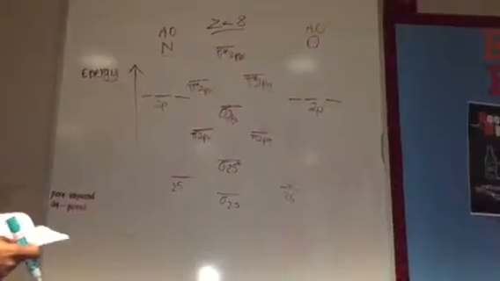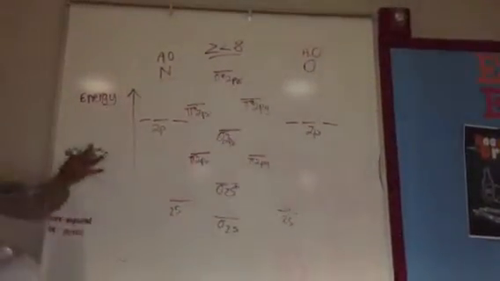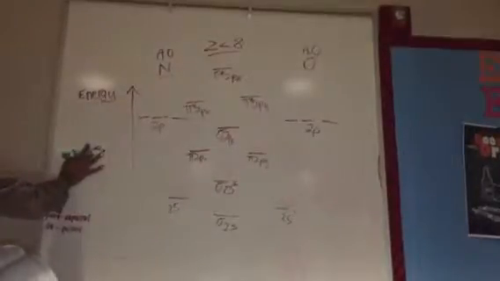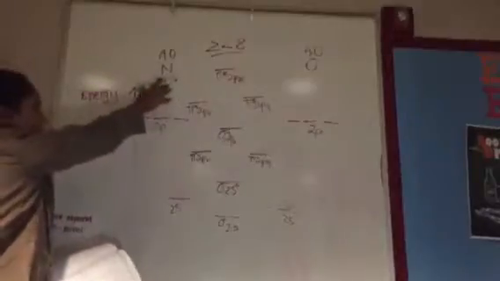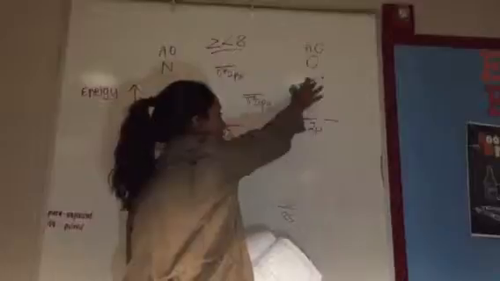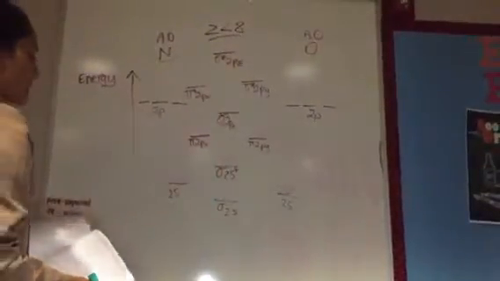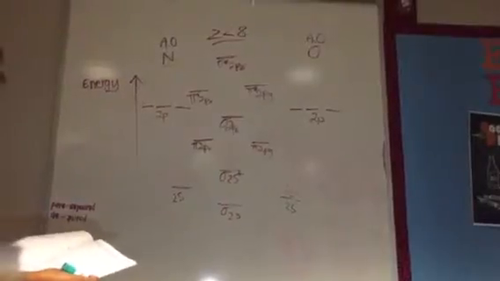So, as you can see, this is our molecular orbital diagram. To the left, we have an arrow pointing upwards that shows that energy is increasing as we move up this diagram. To the left right here, we have our atomic orbital with an N that represents nitrogen, and to the right, our second atomic orbital with an O that represents oxygen. So I already labeled our energy levels, but let's begin by filling out our atomic orbital